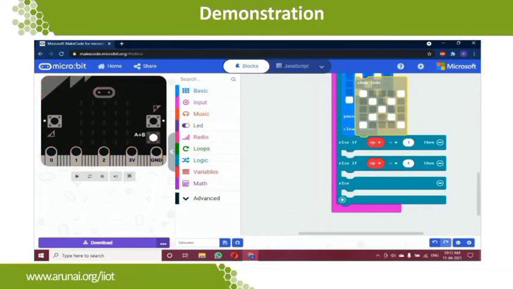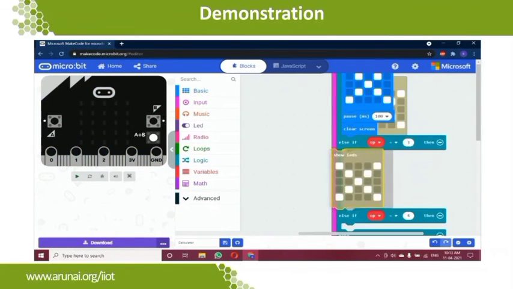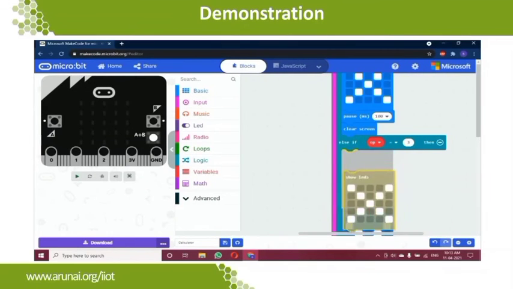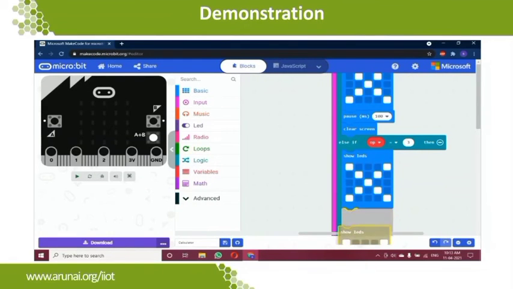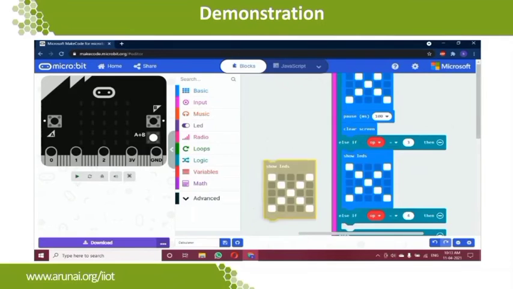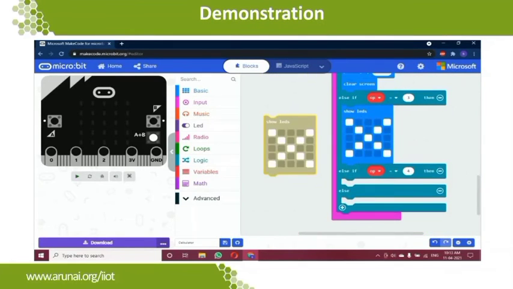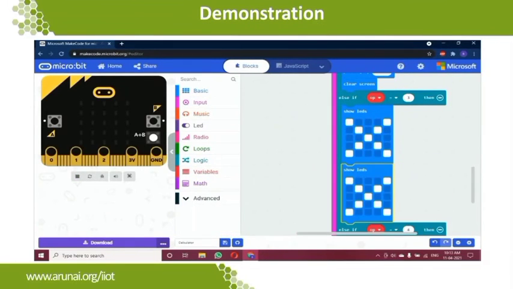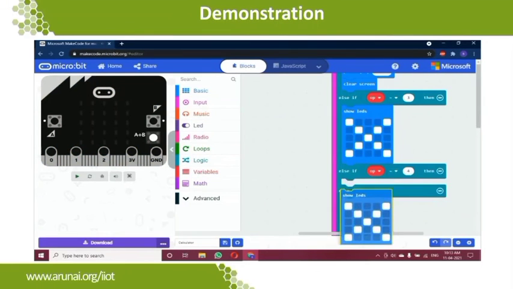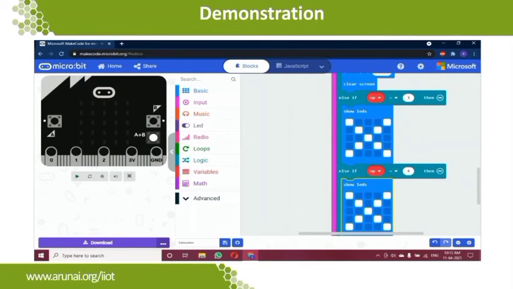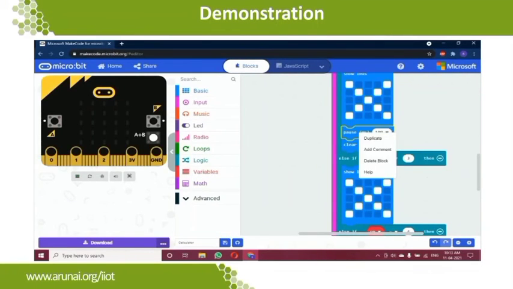I'm duplicating all of them and pasting them everywhere, as I'm going to use 4 operators. So our third operator will be minus, and our fourth will be division. I'm duplicating the pause and clear screens as well.